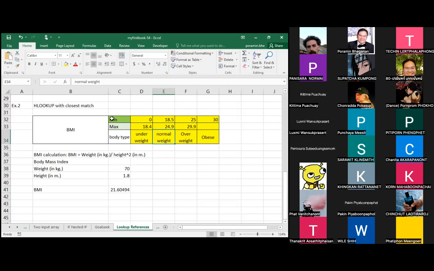Now let's computerize it. After you get the BMI, you want to find out the body type the HLOOKUP way. You can see that for the HLOOKUP, if we just use this table as your table array,